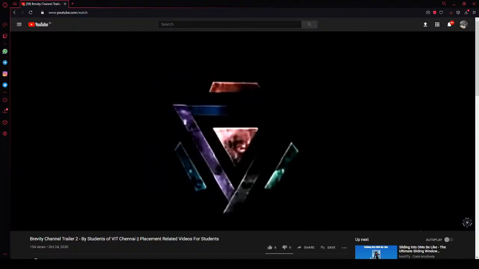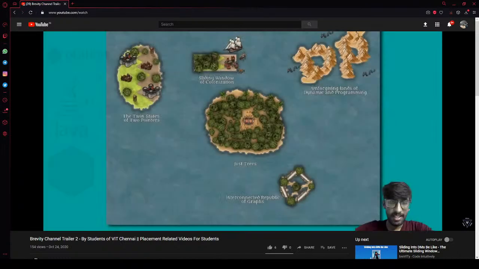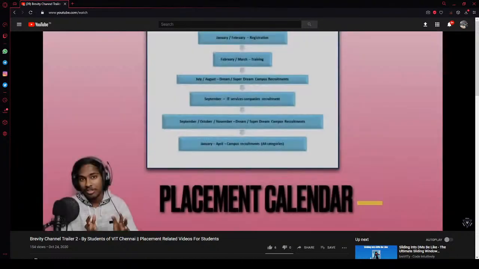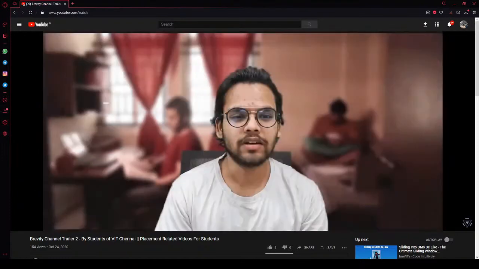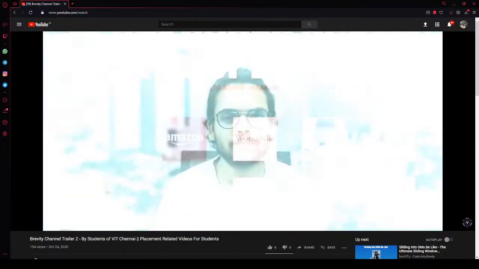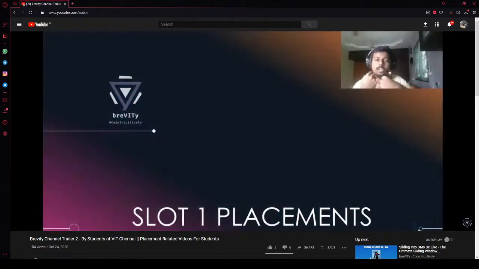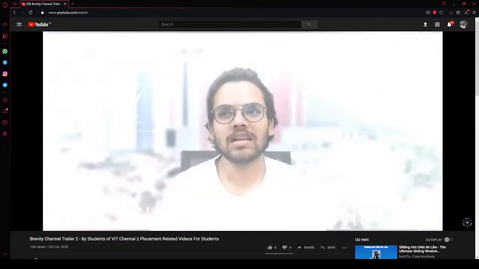When you have enough practice, where do I practice from? The internet is vast. Brevity is a revolution in coding. You will set sails for 2-pointer algorithms, and then sliding window algorithms, and trees, and graphs, and then finally DP. In the month of July, the game begins. I thought it's just DSA, it's just stats and trees, and what could go wrong, right? Here are the companies which came during July for the slot 1 placements. As you know, the companies which were coming to recruit us were asking very high level questions. A lot could go wrong.